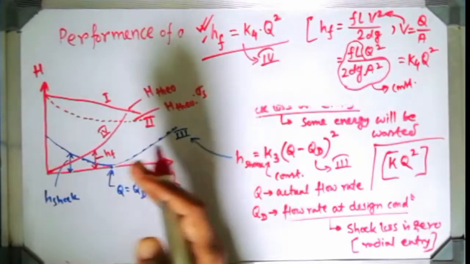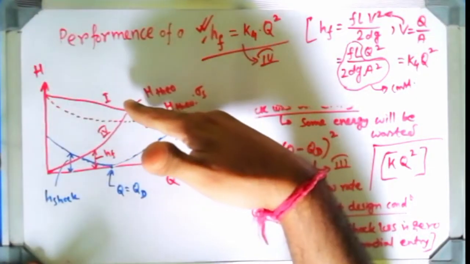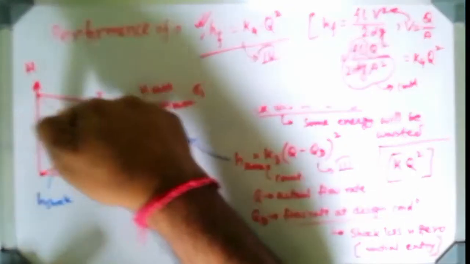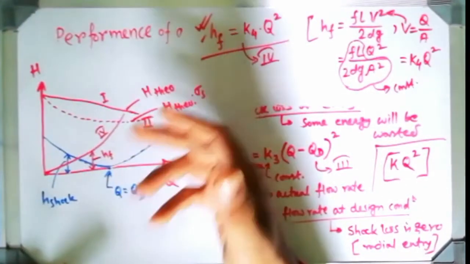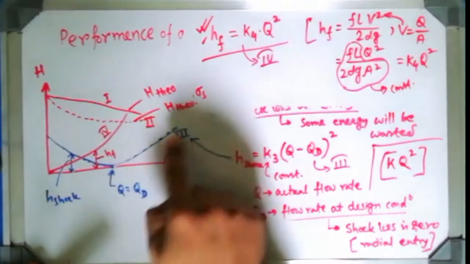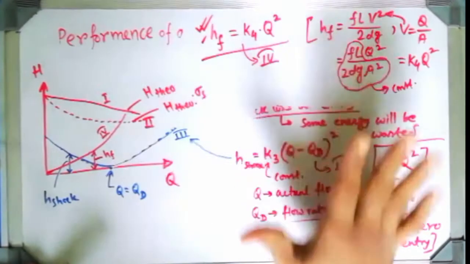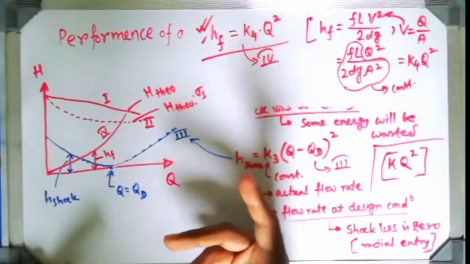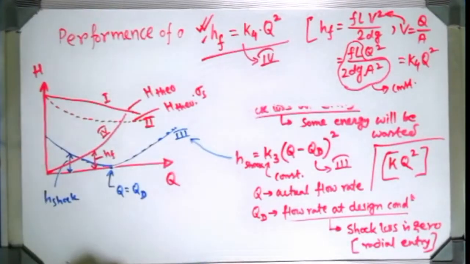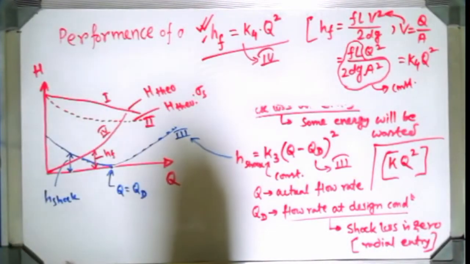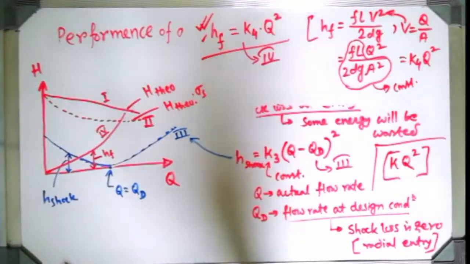So what we have plotted over here, we have plotted 4 things now. That is the theoretical head developed by the pump, then the actual head developed by the pump, then the head loss due to shock at the entry, number 3. Number 4 represents the head loss due to friction throughout this system. That means lots of frictional head loss will be there inside the pipeline. All these 4 plots I have plotted over here. Now obviously after getting all this, I should get an actual head curve.